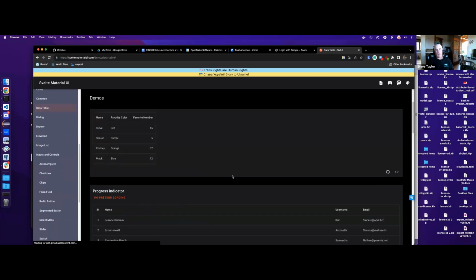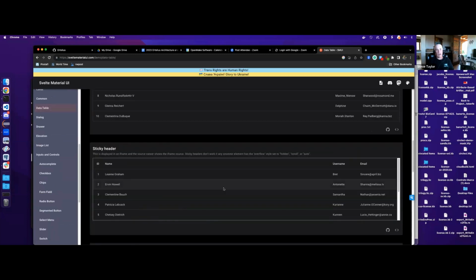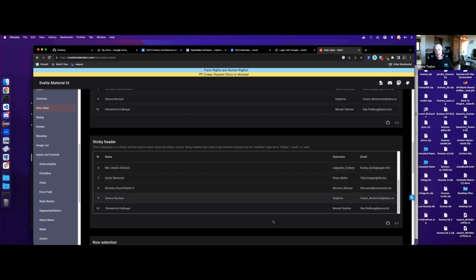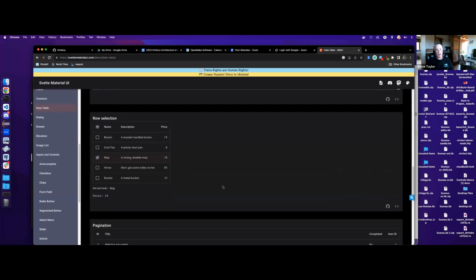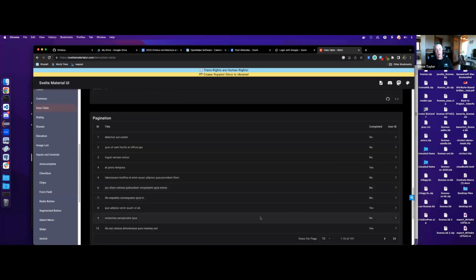And the data tables have pagination, headers, sticky headers. So I think we're going to be good on that front, being able to use everything from the material UI for what we're doing. If we go beyond that, I think we're doing something wrong and making things too complicated. So with that, I'm going to stop sharing and we'll pass it over to Arvin.